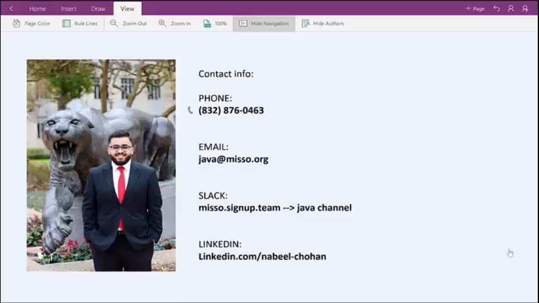If you guys have never heard of Slack before, Slack is something that we're doing completely new this semester in MISSO. It's kind of like a group messaging service, kind of similar to GroupMe or WhatsApp, where you can create different channels and whatnot. One thing specifically that I like that we're doing with Slack is that there's going to be education channels, so you can join whatever channel, whatever class you're in, whether you're in Java, database, or TP. You just join the channel and you can ask each other questions. You can ask me questions. I think that's probably the best way to reach out to me, is probably through Slack.